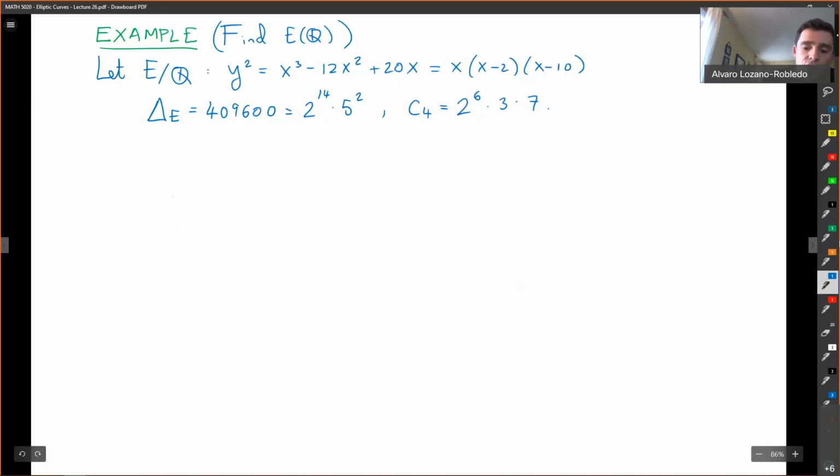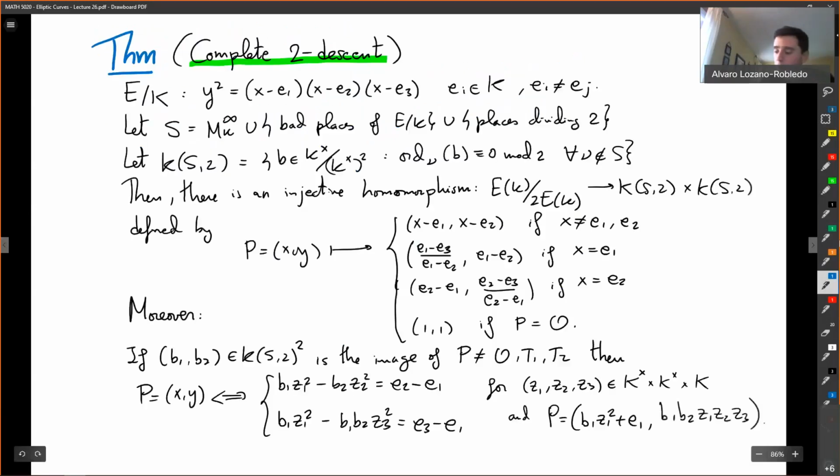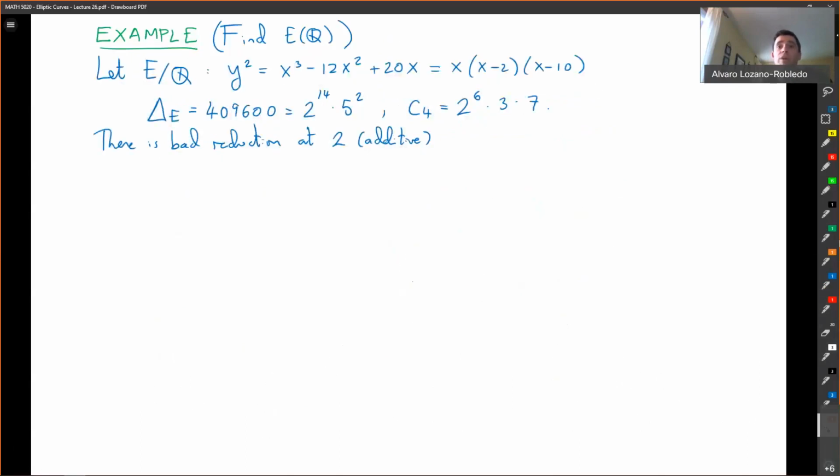So there is vector reduction at 2. It is additive at 2. Remember that in the theorem, we're going to have to pick S, the set S. Their bad places are going to be there, but the places dividing 2 are going to be there anyway. So even if 2 was a prime of good reduction, I'm going to have to throw 2 in S anyways. So in any case, I can tell you that 2 is additive in this case,